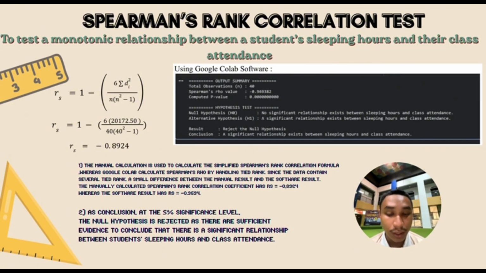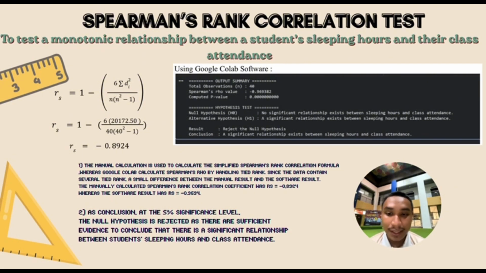First, we use the manual test statistic formula, which is 1 minus, in brackets, 6 times the summation of d squared i over n times, in brackets, n squared minus 1. We plug in the value of the summation of d squared i and the value of n. We get the test statistic of negative 0.8924. To compare, we use Google Colab as the software to find the value of the test statistic. After doing the coding, we get the value negative